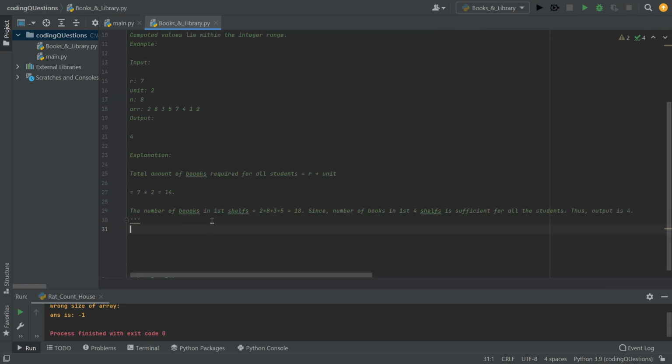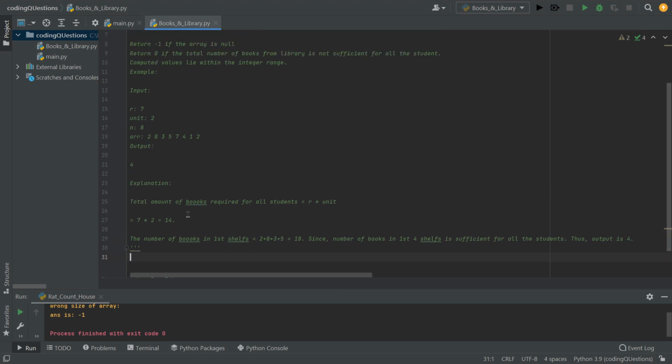For the number of books in the shelves, we have to find the sum of books from the first shelf to the last one, and every time we add the books from a specific shelf, we have to check whether the sum of books is sufficient for this number of students and their book requirements. So 2 plus 8 plus 3 plus 5 is equal to 18, which is greater than 14,